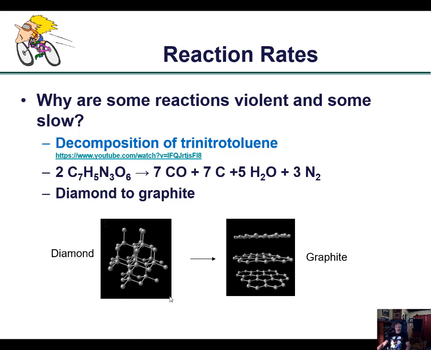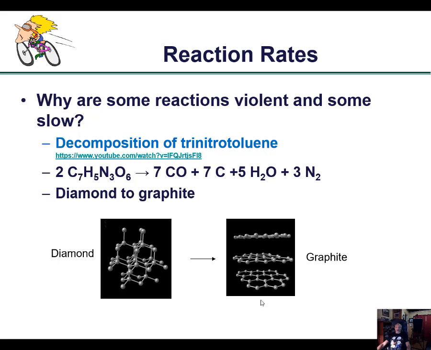Then you have slow reactions. Those of you that thought diamonds are forever, the James Bond novel by Ian Fleming, might be very disappointed to discover that diamonds are actually not forever. They're created in volcanic chimneys in a mineral called kimberlite under high heat, high pressure. And once you remove that heat and pressure, they very, very slowly, over many thousands of years, decompose to graphite. So eventually your diamond engagement ring will wind up being in a pencil lead, which is actually graphite,